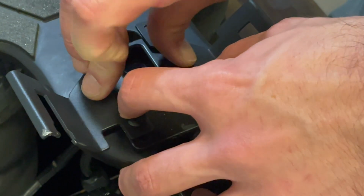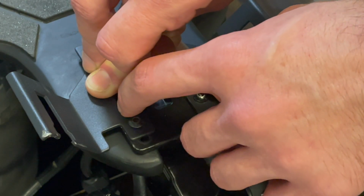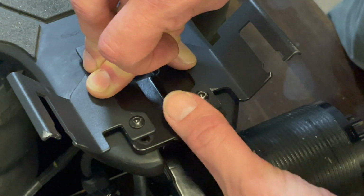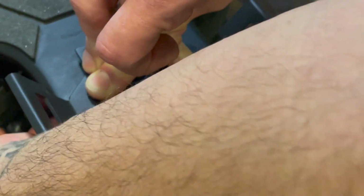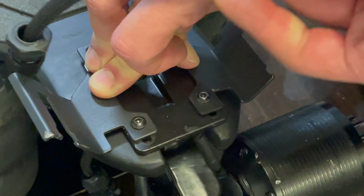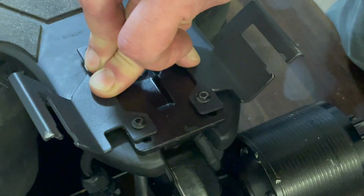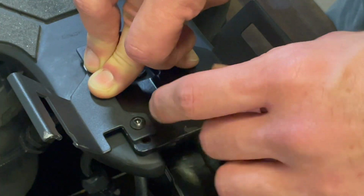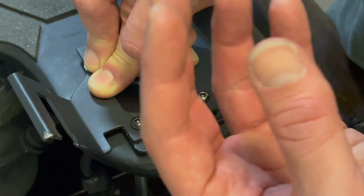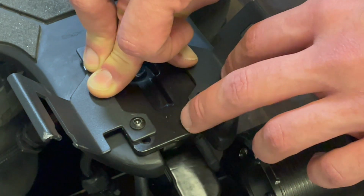but if you do this normally, you want to make sure the board's well supported, and when you pull it back, just be careful because you've got your drive cables that go from the motor. These ones are unplugged, but they're normally going into the bottom in your battery bay. Just make sure that when you pull it back, you're really careful with it because in the Onsra, they've got a bit of flex and they're pretty easy to move, but in some of the other boards, they're